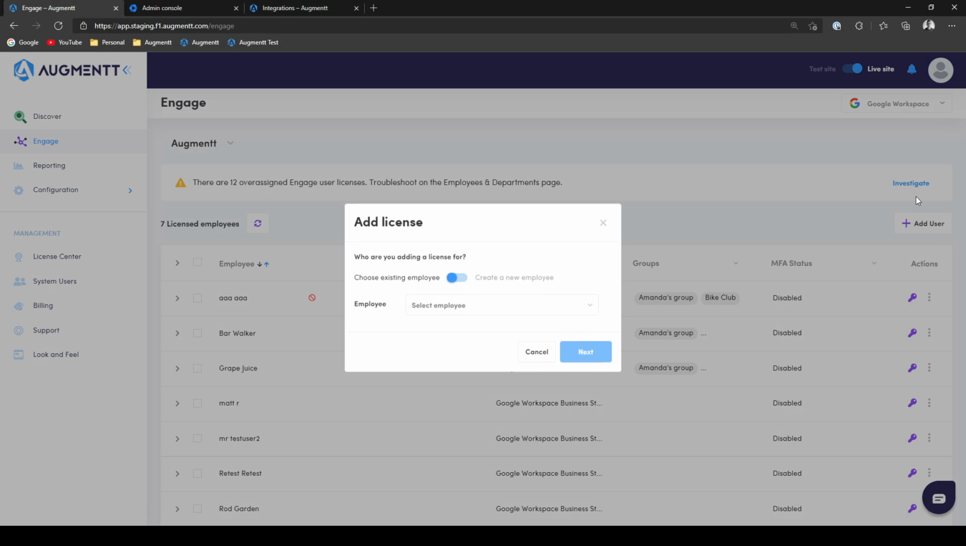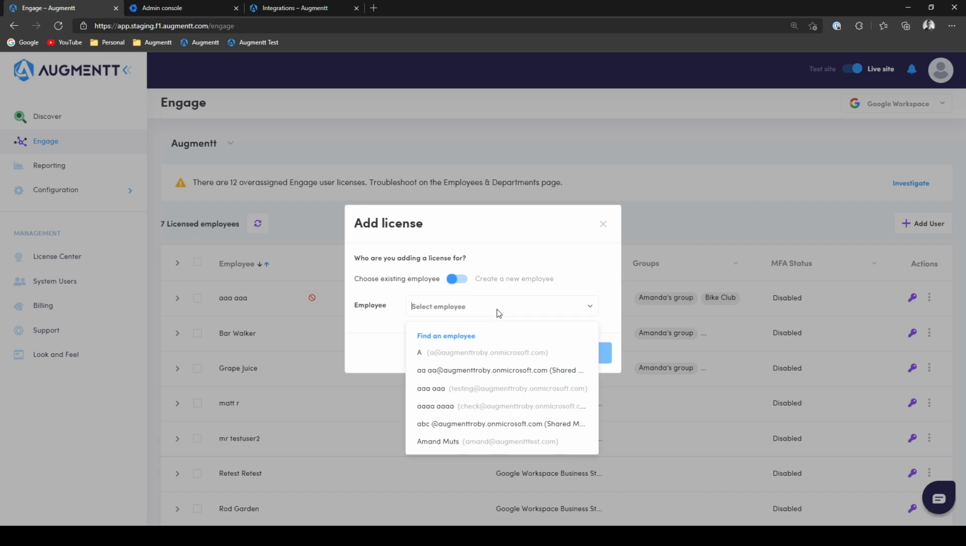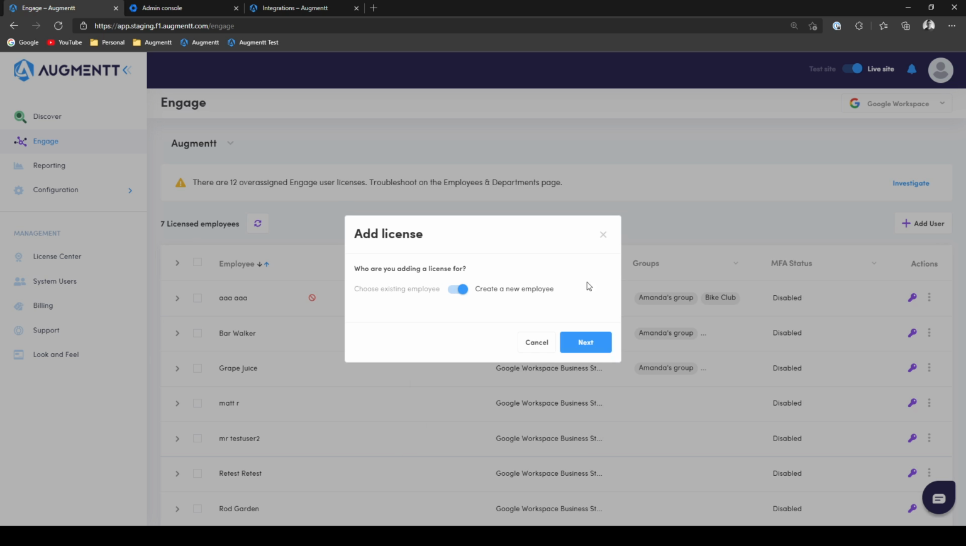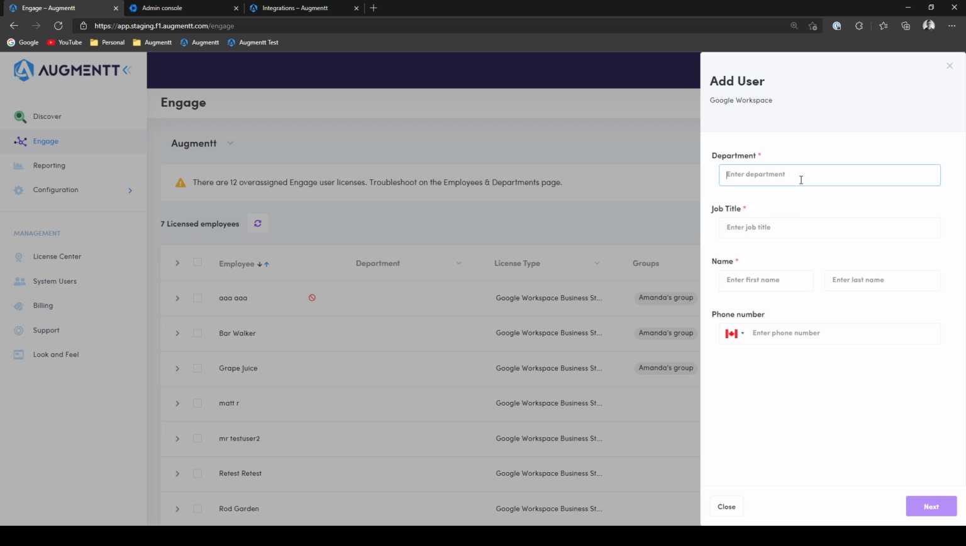So they can add a user, and they can do this either by choosing an employee from the existing list. Employees, while they can be synced through the Google Workspace OAuth, can also be manually added in our product, and then they could choose to turn that employee into an enabled Google Workspace account, or they could just create a brand new employee, which will add them both in our product and create the Google Workspace user at the same time. So we'll add,